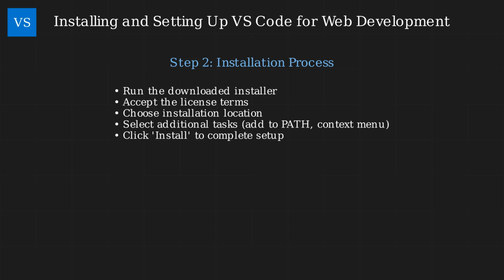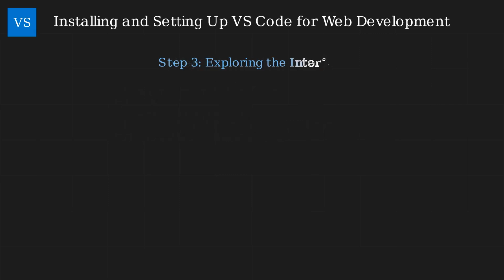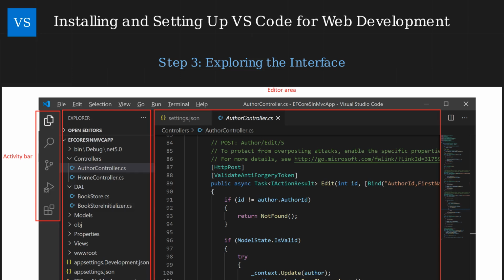Make sure to select the option to add VS Code to your path, which allows you to open it from the command line. You may also want to enable the context menu integration for easy file access. After installation, open VS Code to explore its interface. The activity bar on the left gives access to different views like the File Explorer, Search, and Extensions. The editor area is where you write your code, and the integrated terminal at the bottom lets you run commands